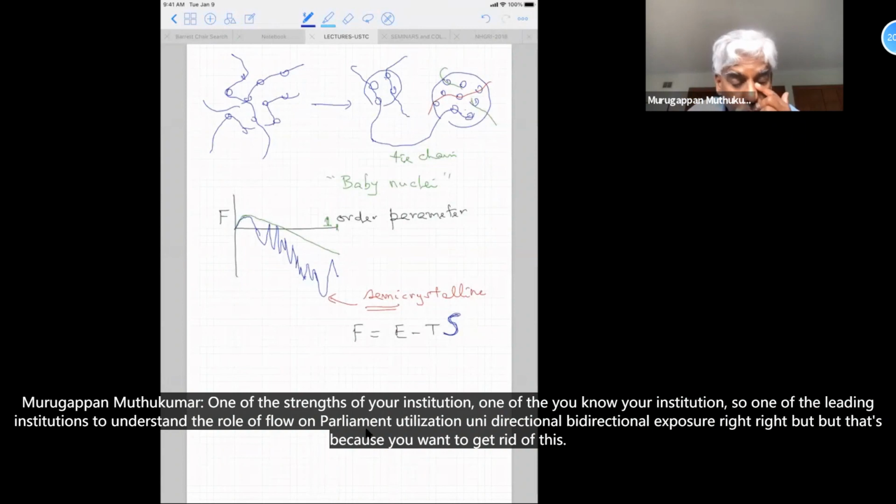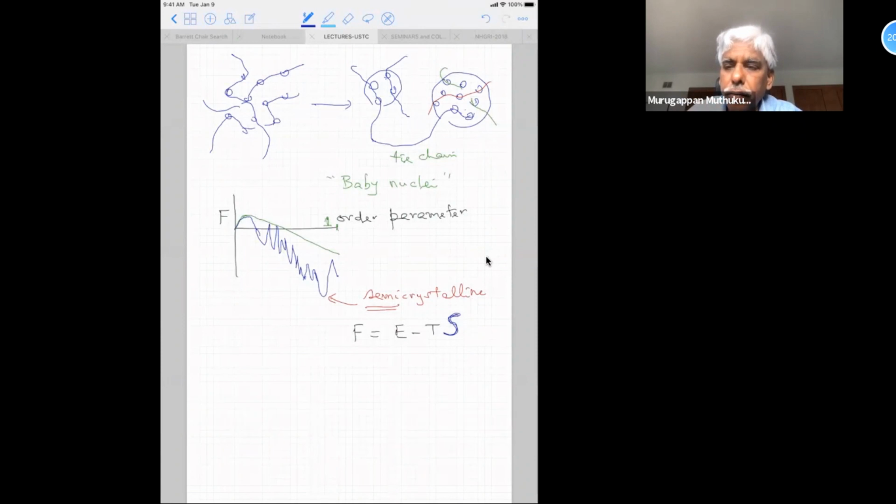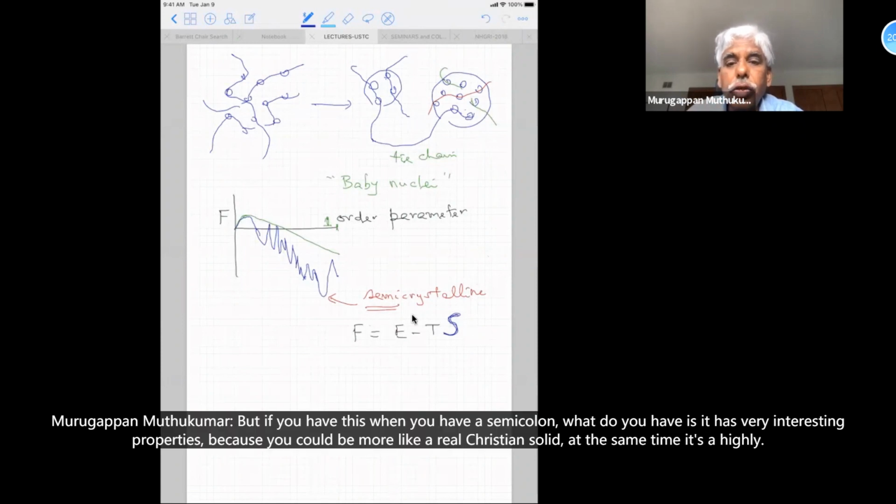Your institution is one of the leading institutions to understand the role of flow on polymer crystallization, unidirectional, bidirectional, etc. Right? But that's because you want to get rid of this. But if you have this, when you have semi-crystalline, it has very interesting properties because it could be more like a real crystalline solid. At the same time, it's highly